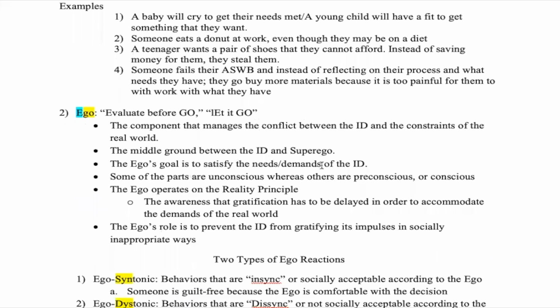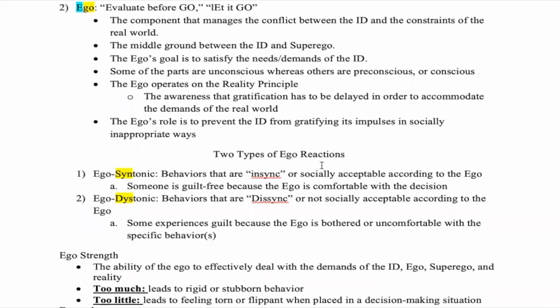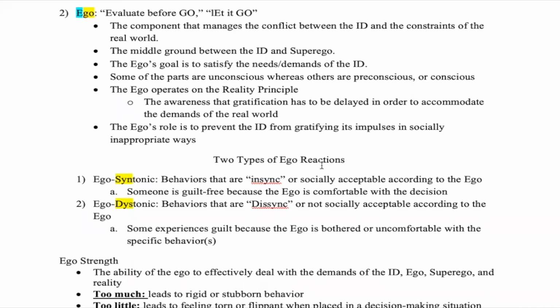While the ego, on the other hand, is trying to balance the demands of the id, or impulsive decision making, as well as the demands of society or reality, as well as your ideal compass within your mind that you've learned from your environment. So, impulsive decision making, id. The ego, E, evaluate before go or let it go,